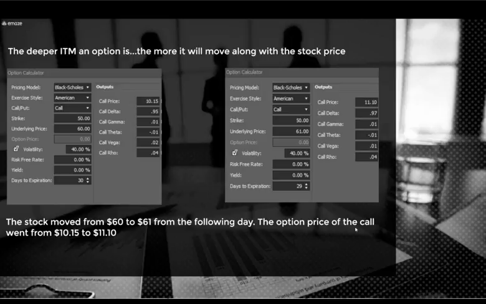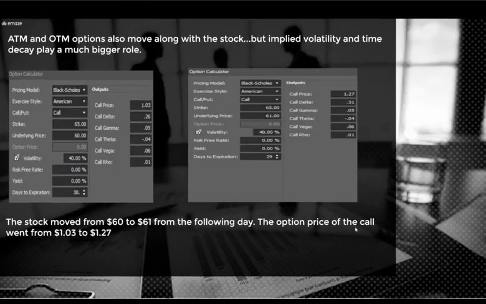But these don't stay still. That's why it's important to understand, and we'll talk in other slides about volatility and time and how those affect it. But again, days to expiration is only 1 day, and for that leverage, that in the money option still gives us a decent return. So let's look at one that is at the money or even out of the money, and how volatility and time decay play a much bigger role.